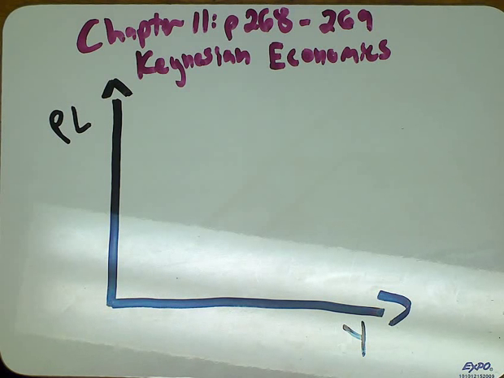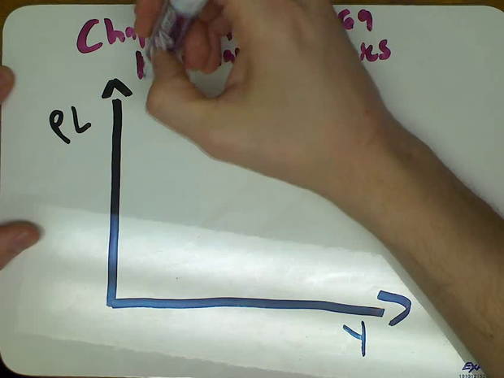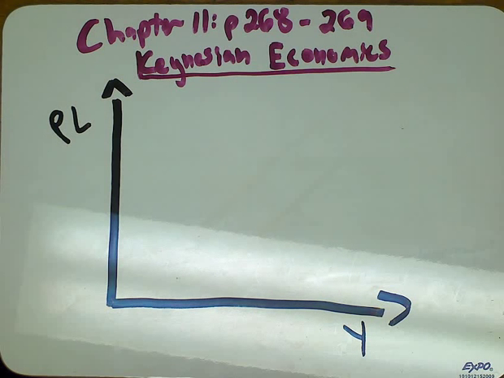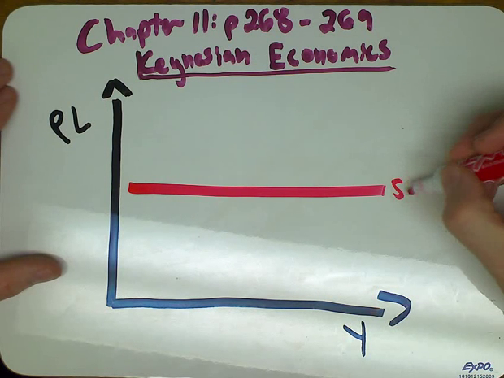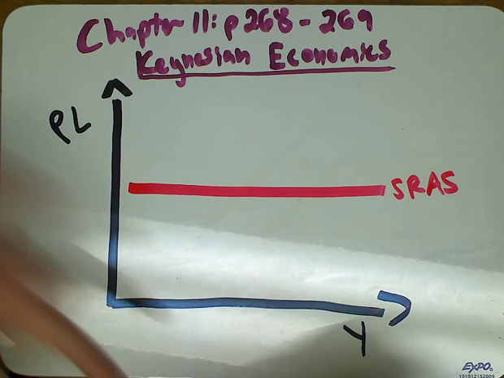Now Keynes is one of the most famous modern macroeconomists, probably the most important in the last 100 years, due to his influence on fiscal policy, specifically getting a country or an economy out of a recession. Keynes' ideas come in 1936 with his work, The General Theory, and in it he argues that during a recession, you have what's called sticky wages, and so in the short run your aggregate supply curve is first off short run,